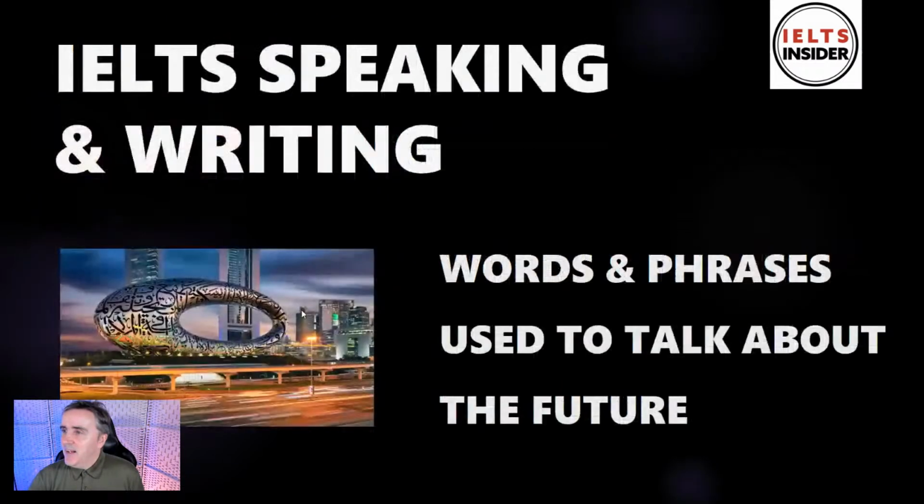So, that was our lesson today, words and phrases used to talk about the future. I hope you found that useful and it showed you that there's other ways to talk about the future rather than just using the kind of commonly used grammar tenses. And these ways to talk about the future have quite specific meanings and can really help you explain what you're trying to say in a lot more detail and be clearer in your explanations about the future.